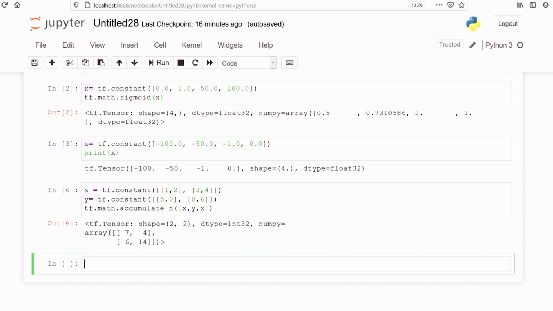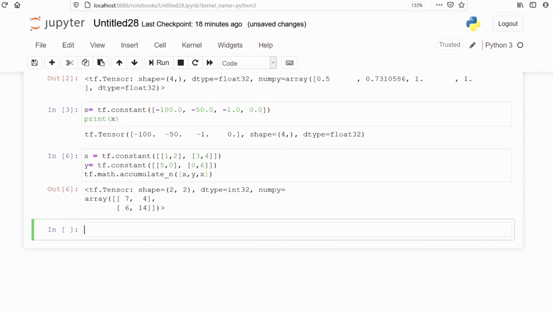There is another method add_n. This method adds all input tensors element wise. It is similar to accumulate_n method, but the difference is that it waits for all of its inputs to be ready before beginning to sum. We are going to make two tensors a and b, and then we will apply our add_n method on those two tensors.